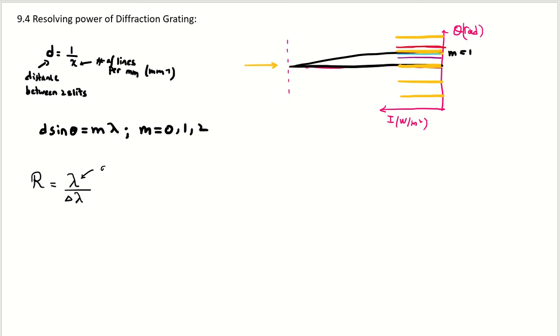This lambda is the average wavelength. How do we find it? If he is talking about two colors, all you have to do is add the wavelengths of the two colors and divide by 2. And delta lambda is the difference in wavelength, simply lambda 2 minus lambda 1, or lambda 1 minus lambda 2, depending on which one is the greater one. So this is the resolving power